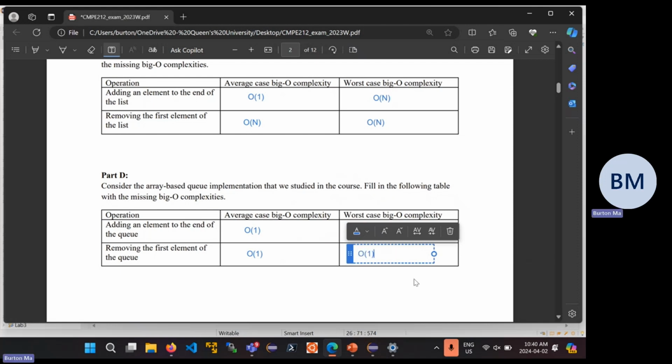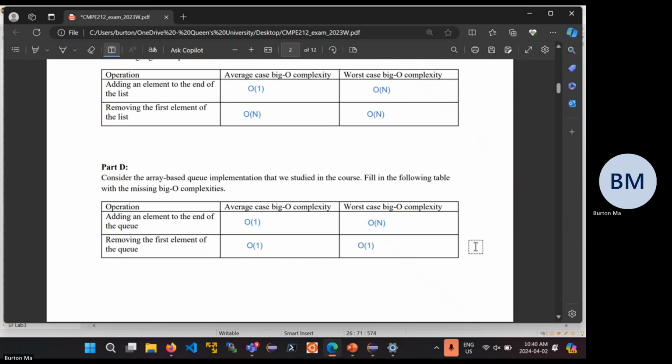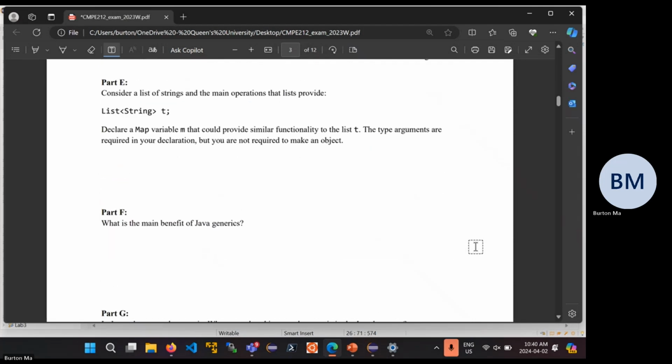And on average, it's also big O(1). Sorry, in the worst case, it's always big O(1) in this case, right? Okay,